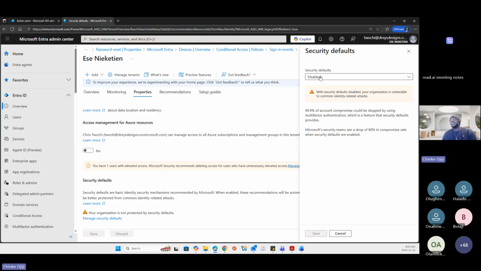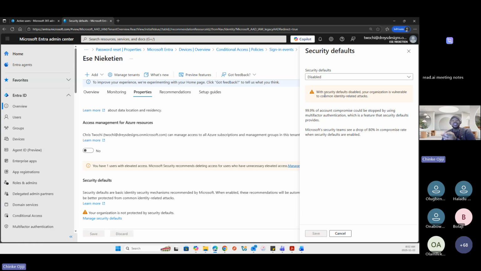Now, disabling it from here does not mean that you cannot still protect that organization, right? You can, because this security default covers for the entire organization, right? If it's turned on, the entire organization is affected. If it's turned off, the entire organization is affected.